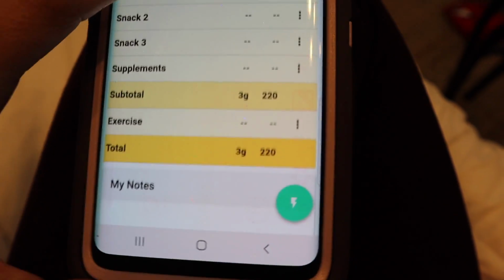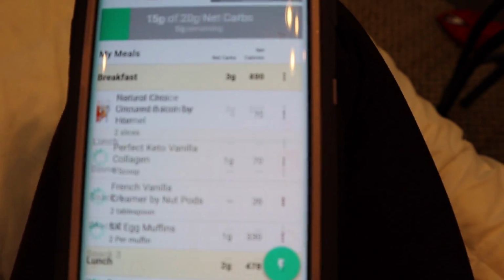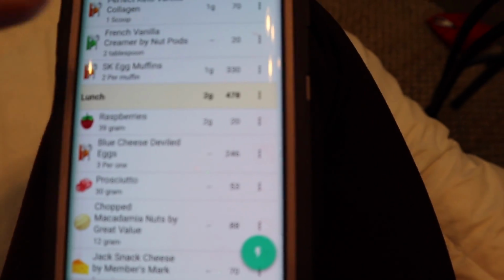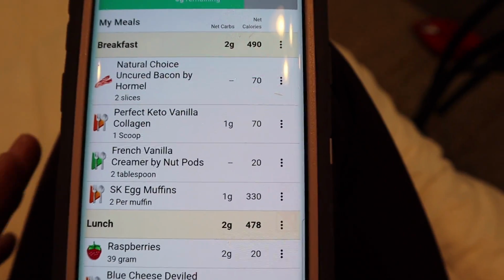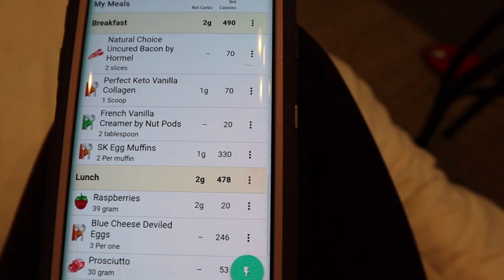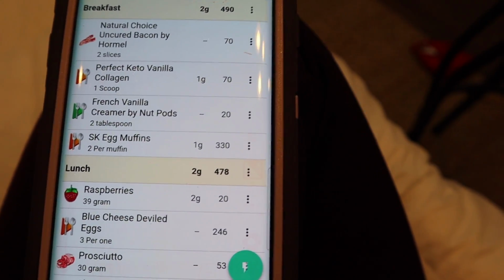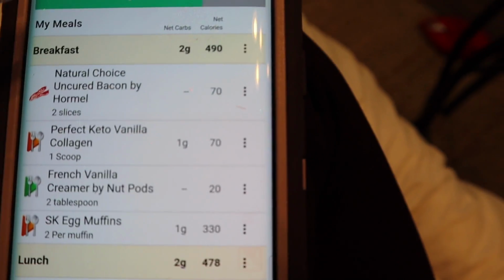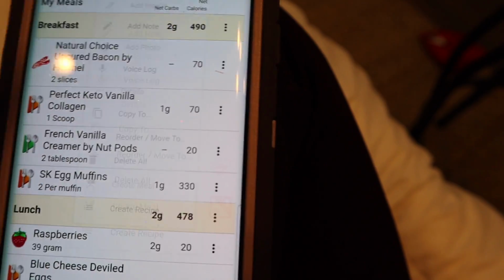I only just add my food, and that's it. I do want to show y'all a trick here, which is pretty cool. So if I want to eat the same exact thing on the next day, instead of going back and searching it again or entering it manually, I can go up here, click these 3 bars right here where it says